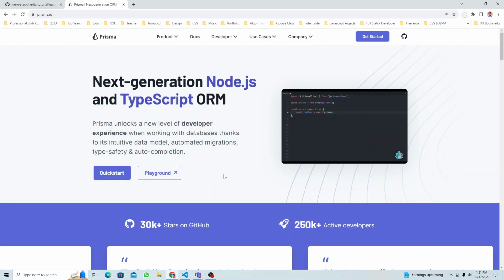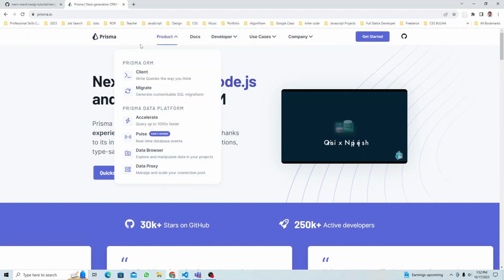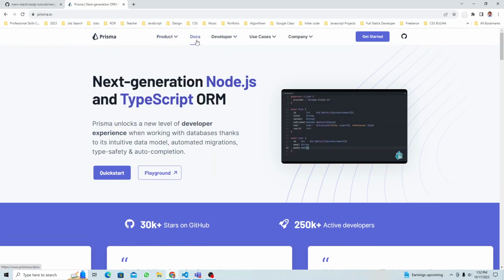So this is the website for Prisma, right? This is the website. You can read it when you get time. Just look at a couple of things, we can go to the documentation and somewhere here, and read through just to get some basic understanding. Okay,